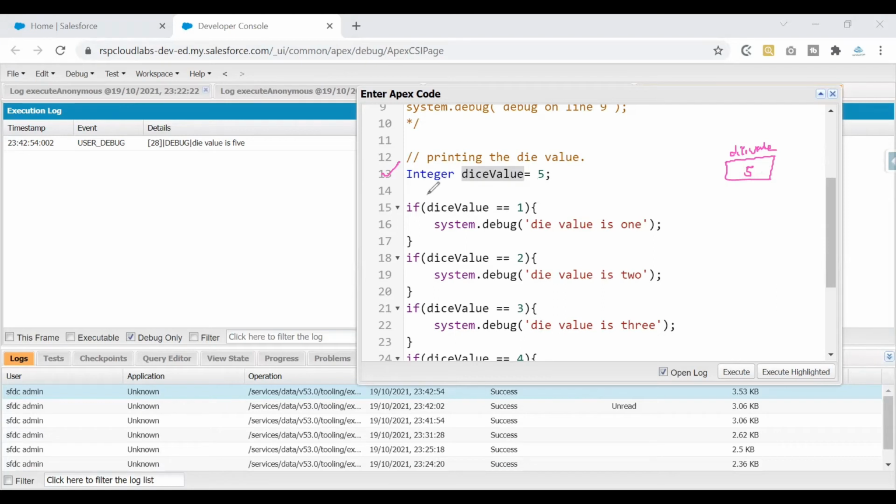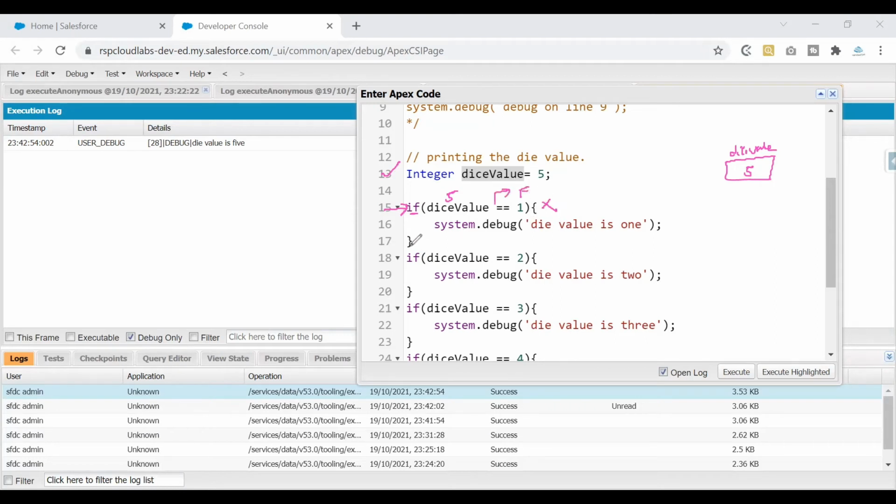Now we do not have anything on line number 14. On line number 15, it would go ahead and check this condition. Since it has an if block, it knows that it has to check this condition. What we are asking the system is, get us the die value here. It would replace this die value with 5, because that is what we have in the memory block. Now we are asking, is 5 equal to 1? The answer is no. So the output that we got is false.